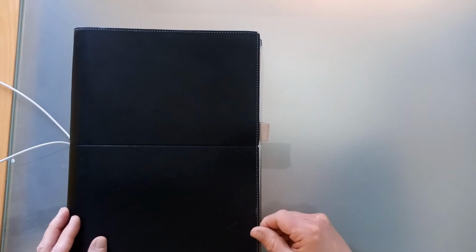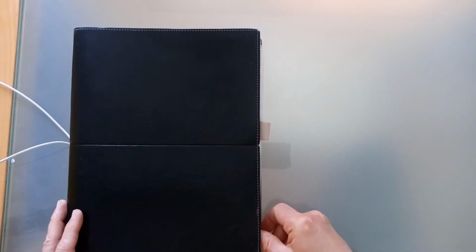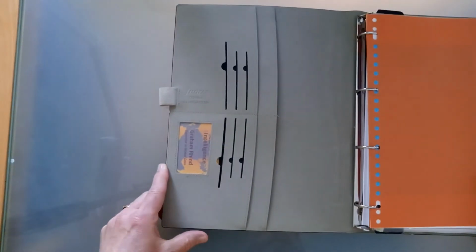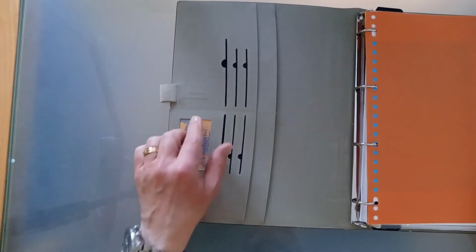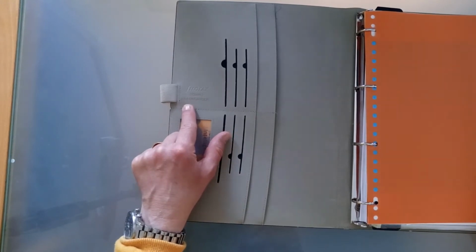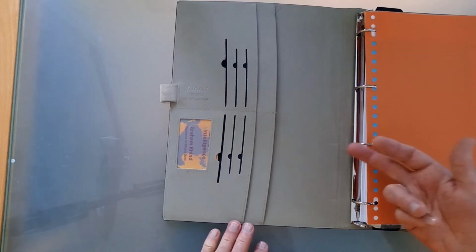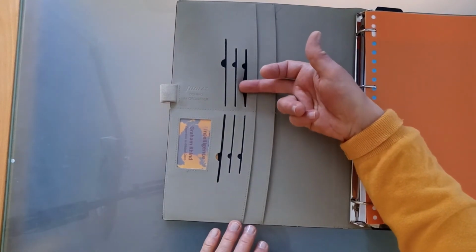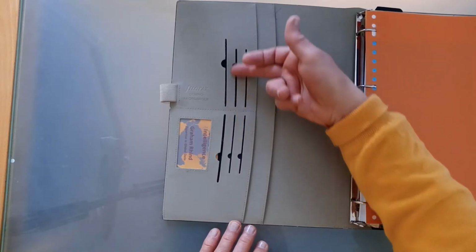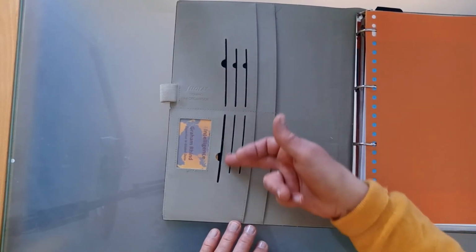Obviously I don't use these pen loops because they're pointless. As for this size, it is just pointless. Okay, so pen loop, which I ignore. Next to it, writing Filofax Domino A4 Organiser. There are 4 slots for pens, for cards. 4 slots for cards here, slightly